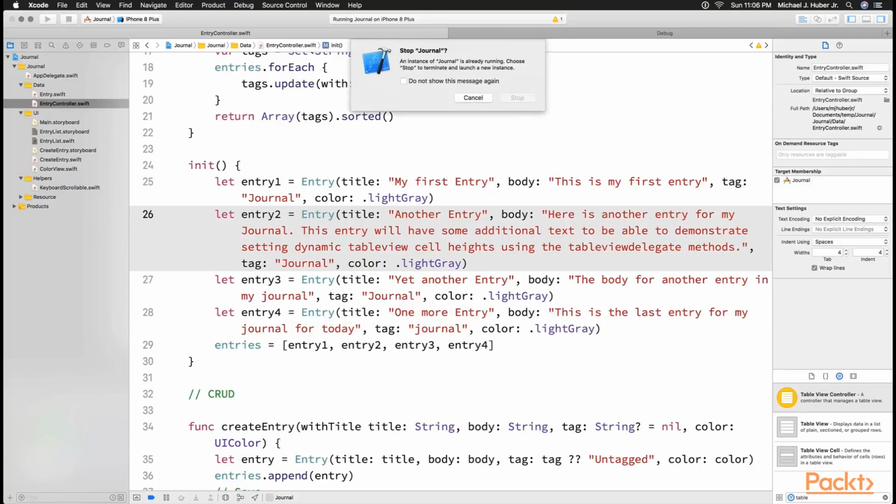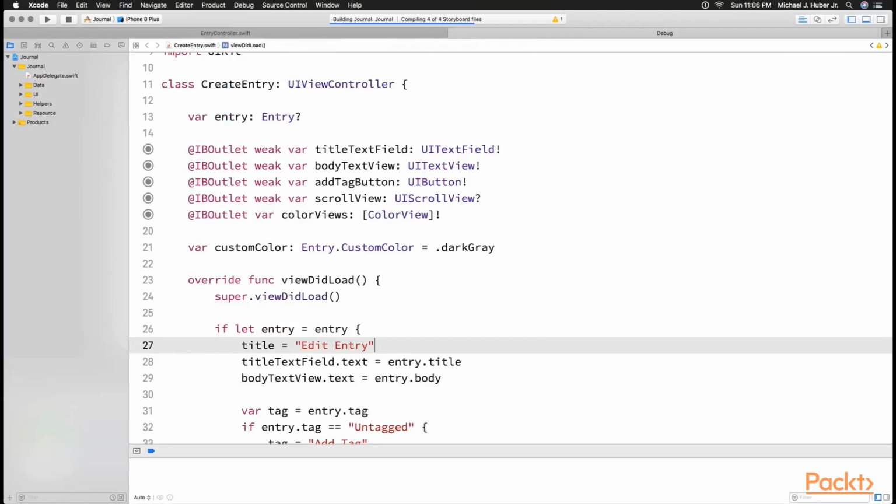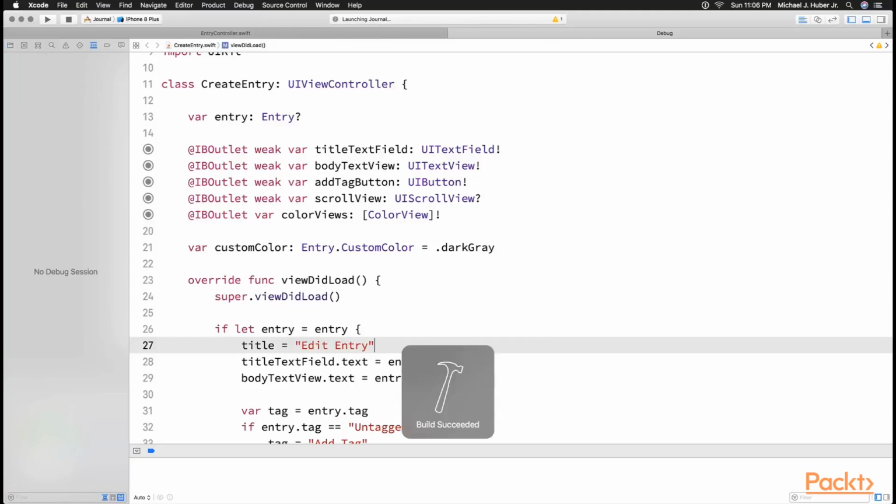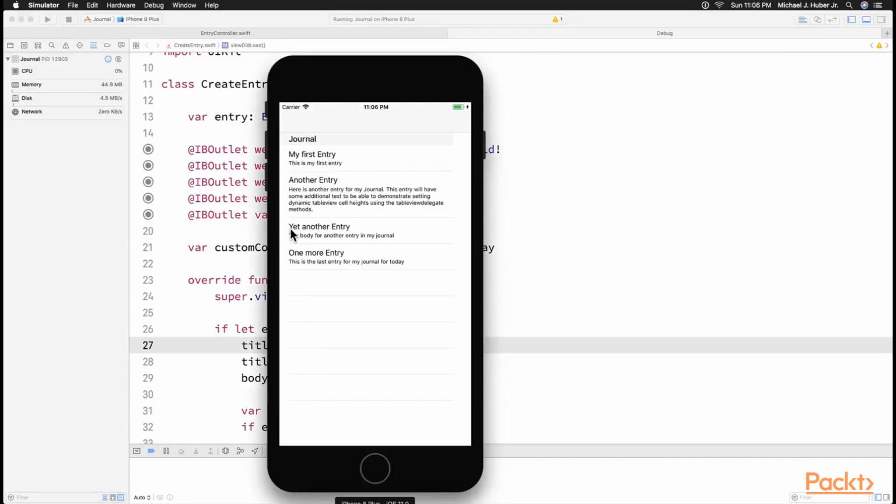So when we run our app now, we will see that second entry will be larger in height than our original entries, and see how the first, third, and fourth are a smaller height, and then the second entry has a longer height because we had an estimated row height, and then we had a height for row at that was